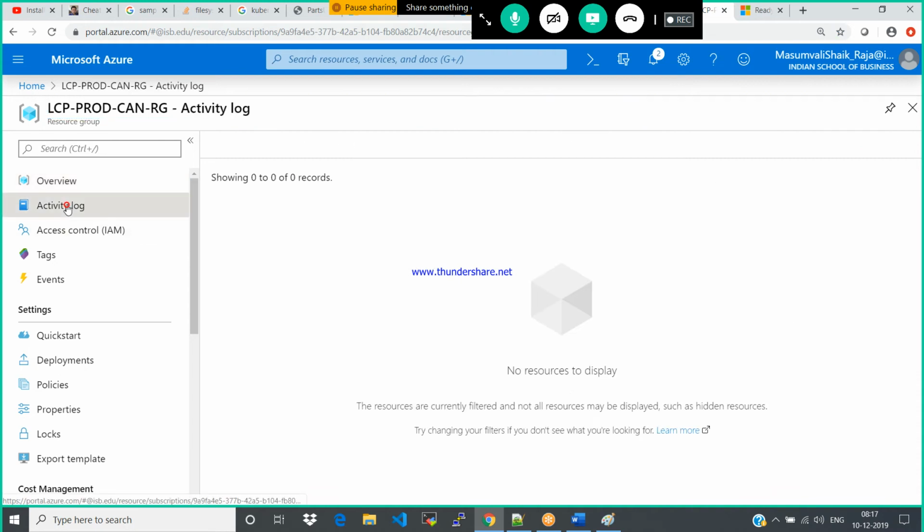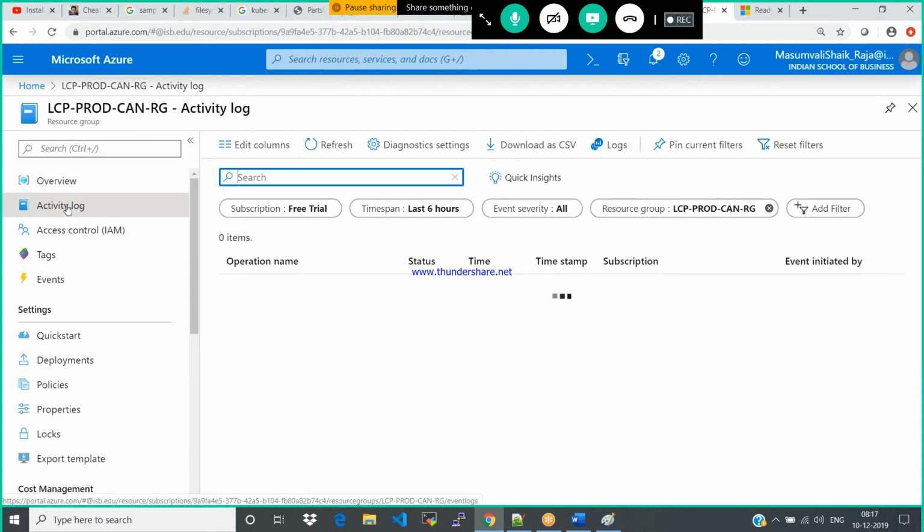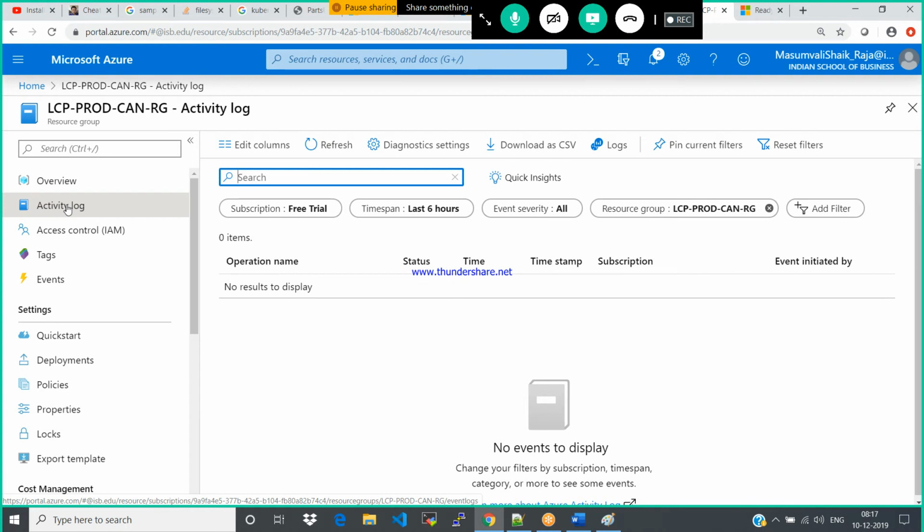Okay, coming to the activity log. What do you mean by activity? Log in, log out, create the service, delete. These are the activities, and each and every activity will be captured.